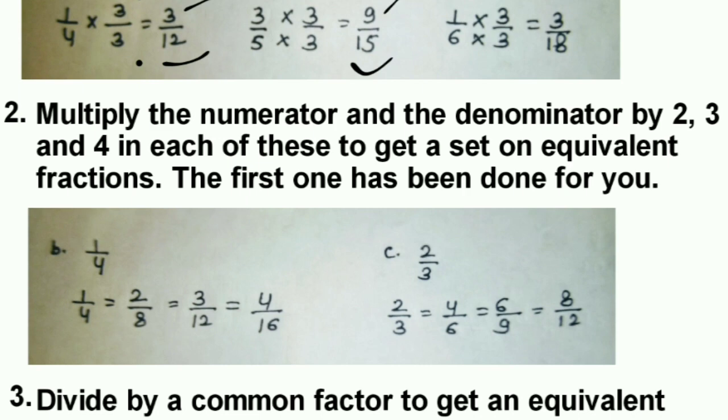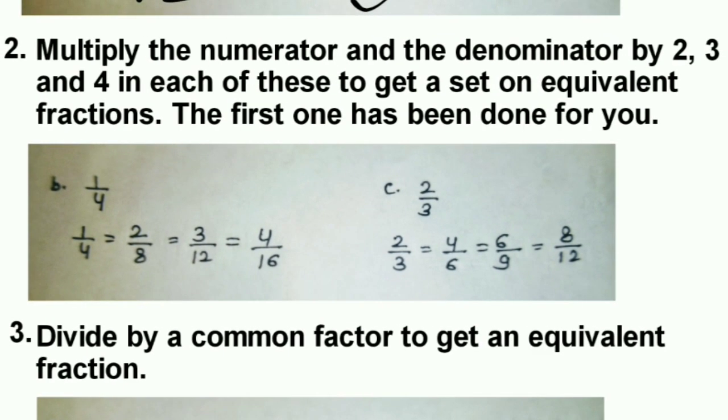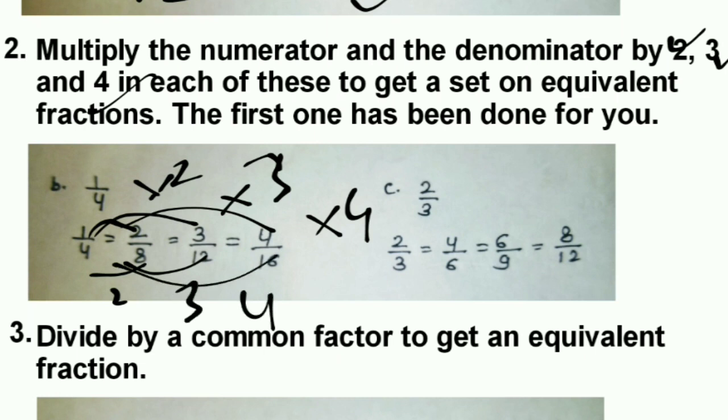It is in your textbook, that I have not done. Second one, 1 by 4. So first multiply by 2, then multiply by 3, then multiply by 4. So here first multiply by 2, then multiply by 3 and then multiply by 4. Clear? So 1 2s are 2, 1 3s are 3, 1 4s are 4. 4 2s are 8, then 4 3s are 12, then 4 4s are 16. Like this we will do it.